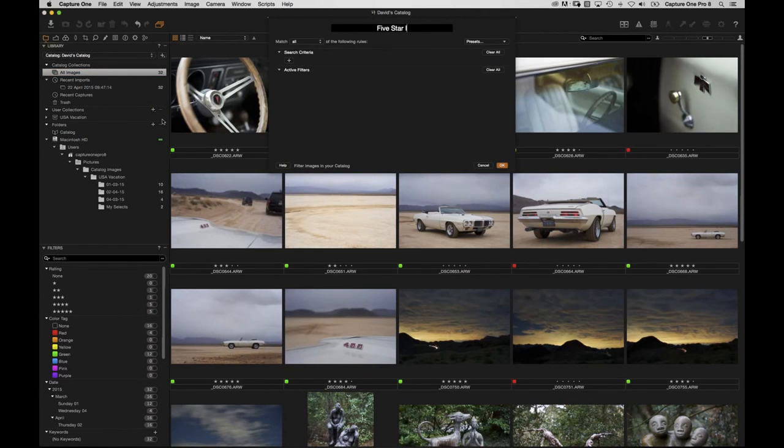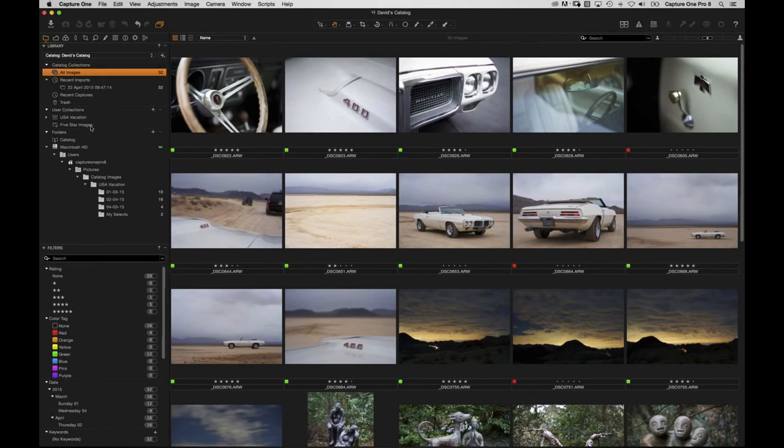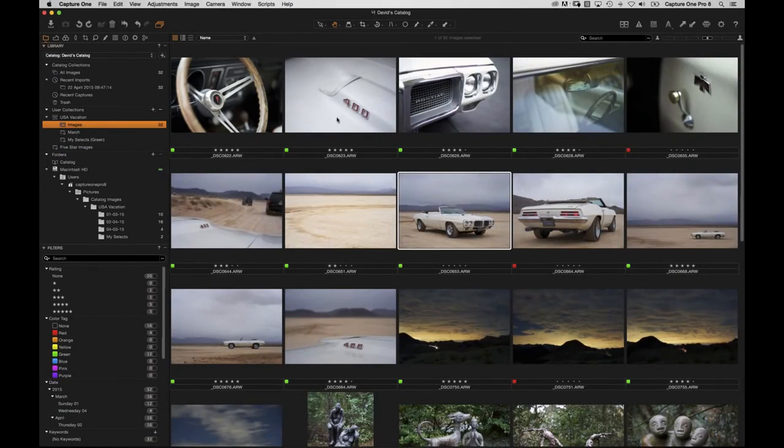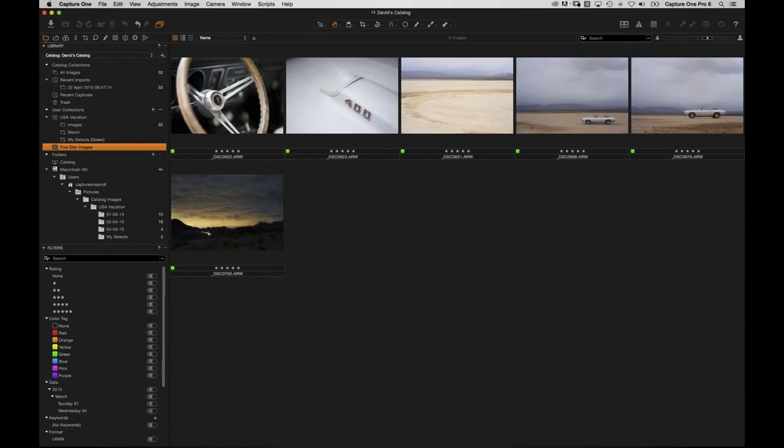5-star images, preset of 5 stars, say OK. Now we have a smart album that is always going to have your 5-star images in it. So let's say over the next period of 3 months, you've been on lots of vacations, if you're really lucky. You've tagged images at some point with 4 or 5 stars and so on. You will always end up with a folder which is always watching for your 5-star images. So if we just go to vacation and I make this one a 5, straight away it pops into here